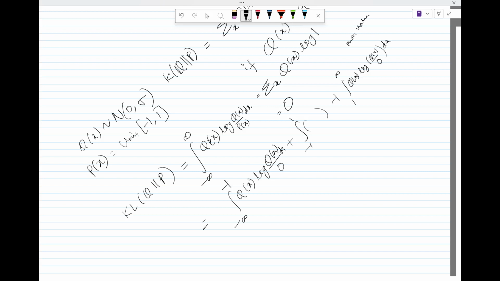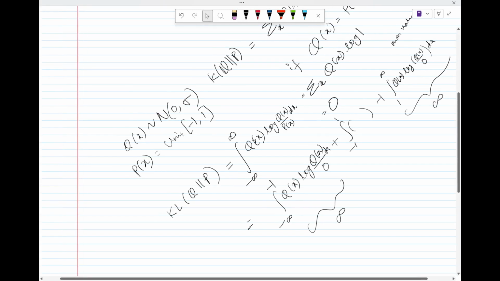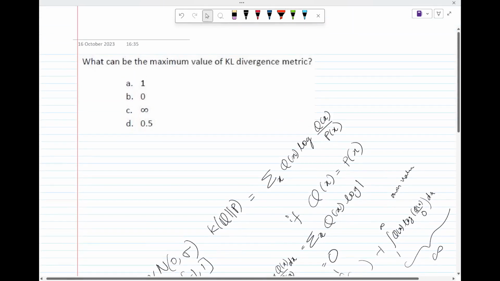So this will be log infinity, which means this term will be infinity and this term will also be infinity. So the maximum value that KL divergence can have is, let's see,